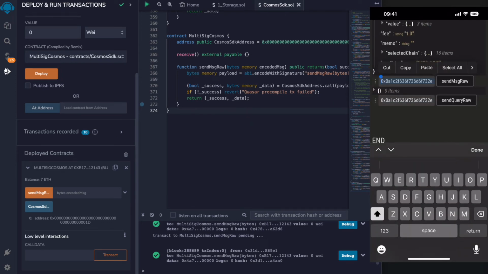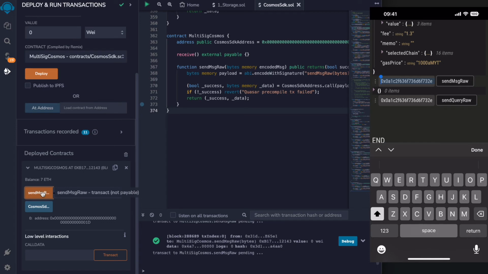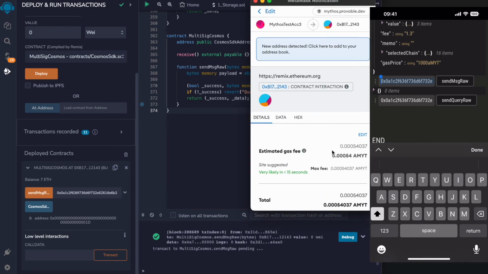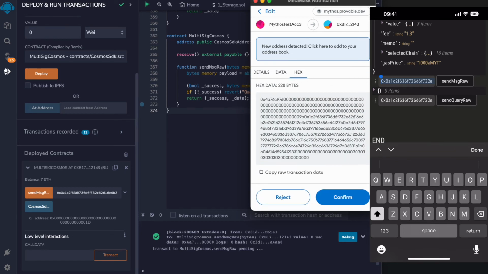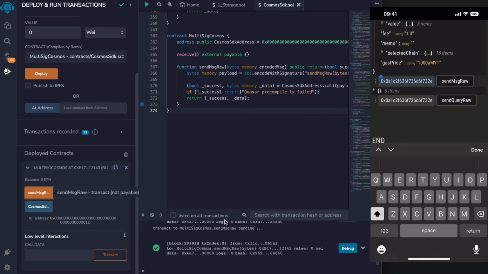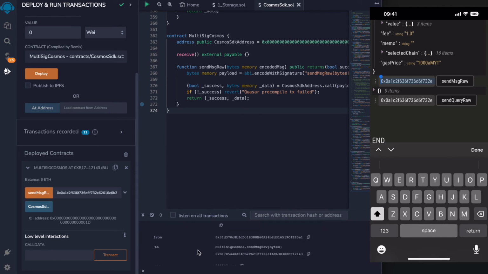We can just copy the message and paste it in Remix. We send the message through MetaMask. And after the transaction is finalized,